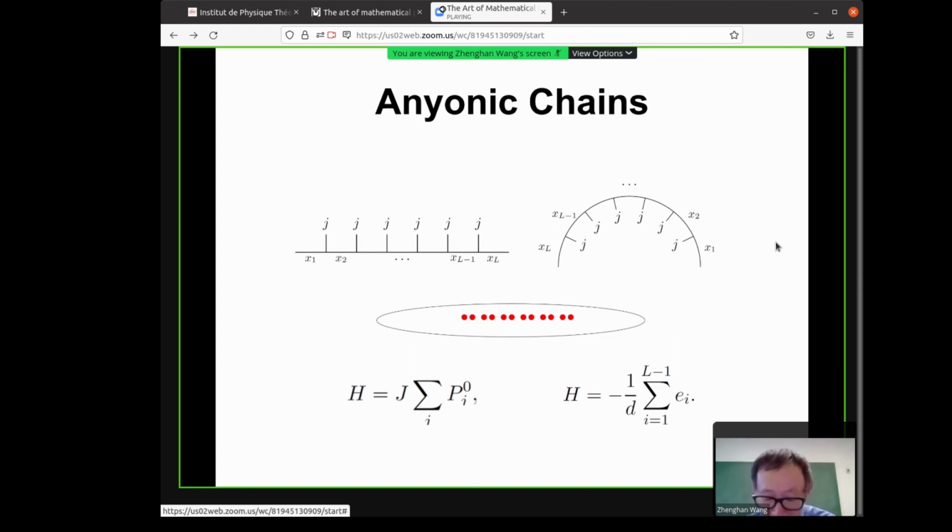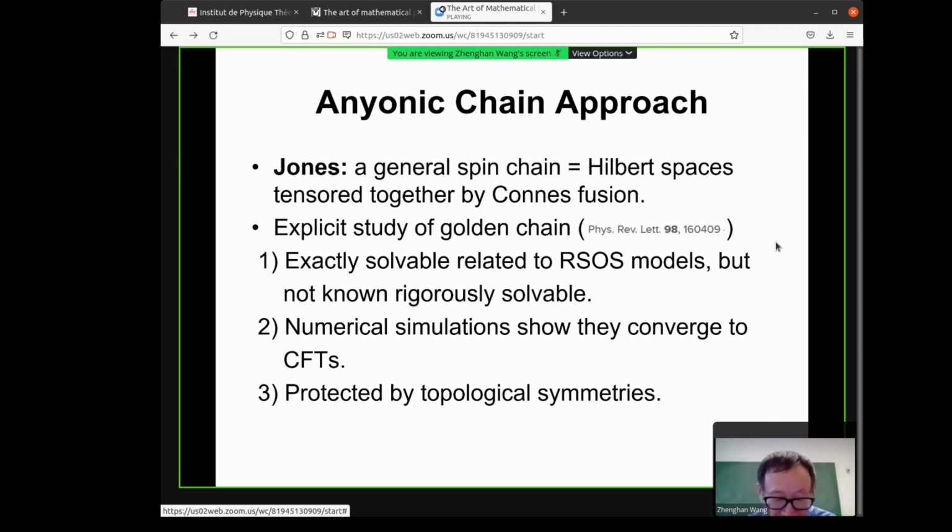And actually this is a conformal block. I want to draw the fusion tree into a semicircle because I want to make a connection to conformal field theory. And the anyonic chain, if you want to think about this conceptually, way back by Wang and Jones, they thought about vectorization of braid groups. And Station Q wrote a paper, a very explicit study, the golden chain, which is the anyonic chain for Fibonacci anyons. And we observed a few things.